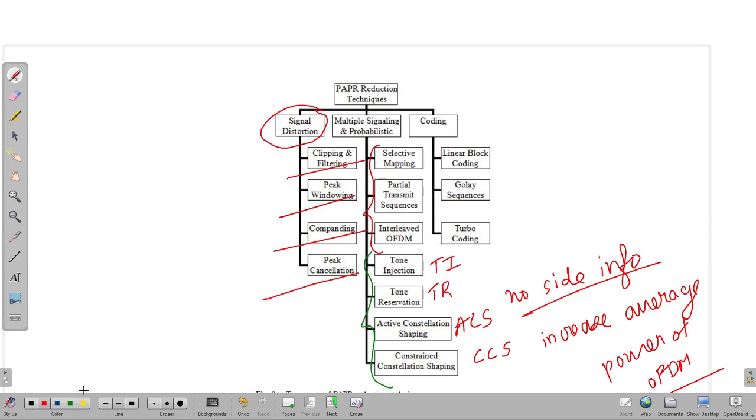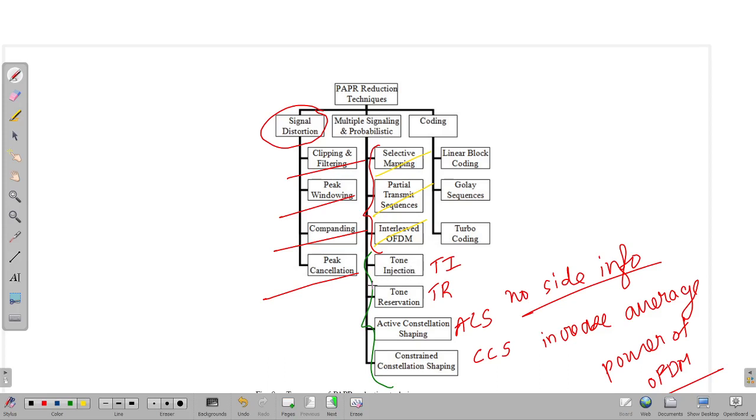And there are multiple signaling and probabilistic methods which don't distort the signal, but are based on some probability methods. We multiply with some sequences and transmit the sequence with the lowest PAPR. That includes selective mapping, partial transmit sequence, interleaved OFDM, and some other methods which change the